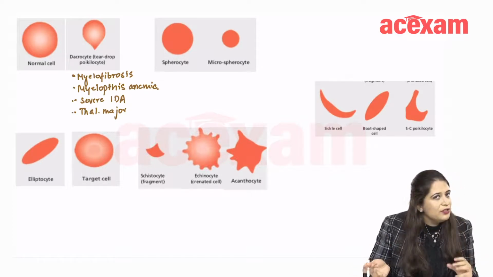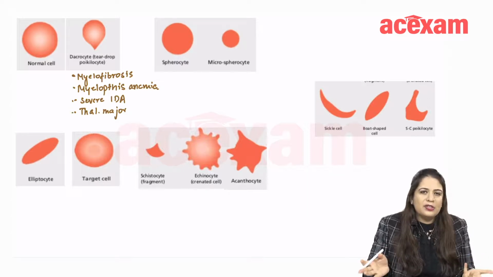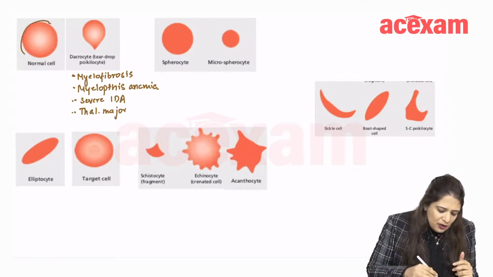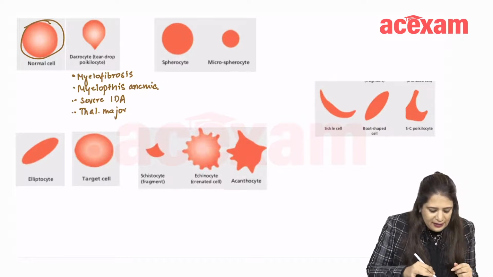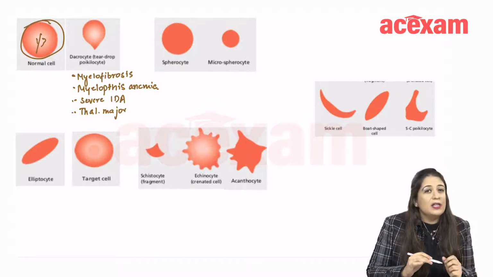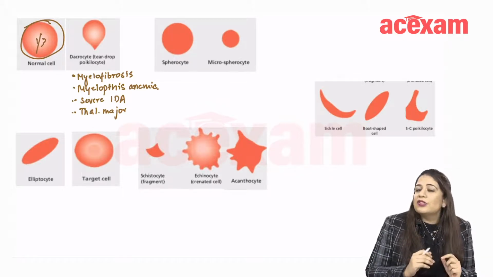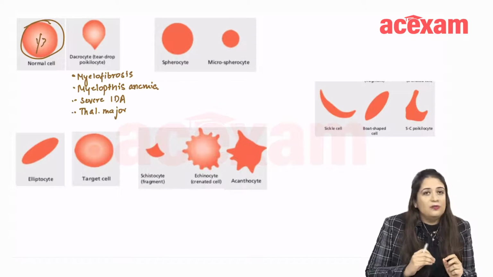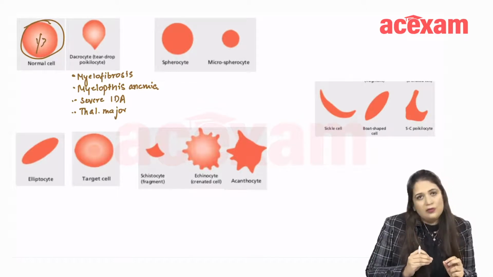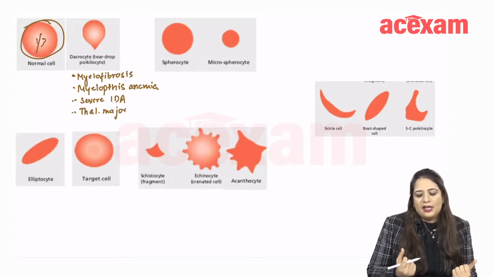Quick recap of the different shapes and sizes of the RBCs. Sizes, microcytic, macrocytic, all of you know. The normal, typical RBC is biconcave and has a central one-third pallor. However, there can be a loss of this pallor because of increased concentration of hemoglobin in the RBC, because of decreased surface to volume ratio, because of loss of its cell membrane due to genetic conditions